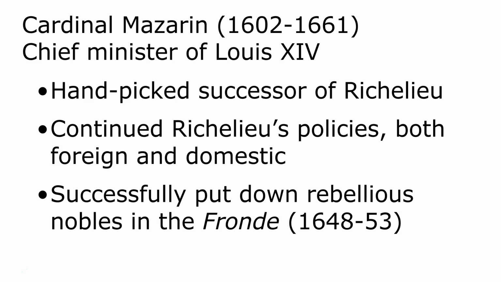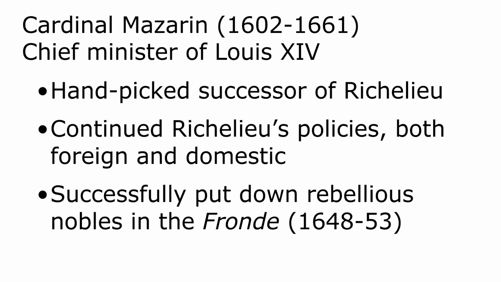And so Cardinal Mazarin tries to continue Richelieu's policies. He becomes the regent, that is the person who rules in the place of Louis XIV until Louis XIV is going to be old enough to govern. And he's certainly not the statesman that Richelieu was. He's not quite as effective a ruler as Richelieu. But he does his best, and he is able to successfully put down this mini revolt and civil war known